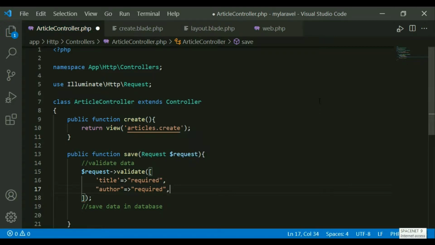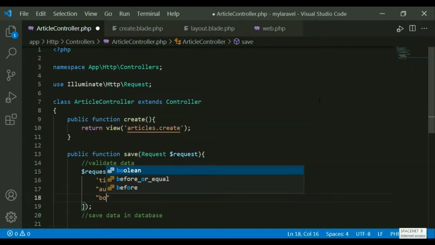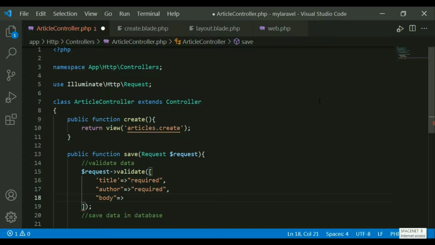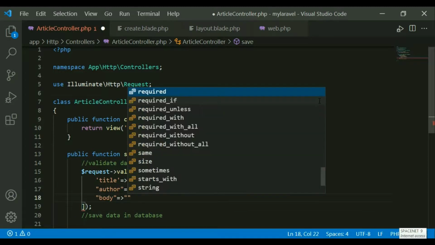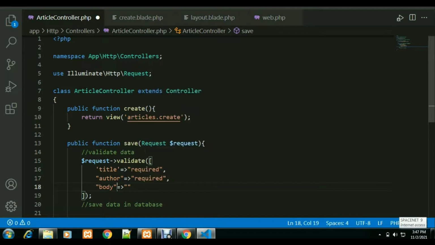And the last one, I want to also validate the body field. I am not using any more complicated validation right now, because my main objective is to store the data in the database, but you can write more validation rules here, like required.